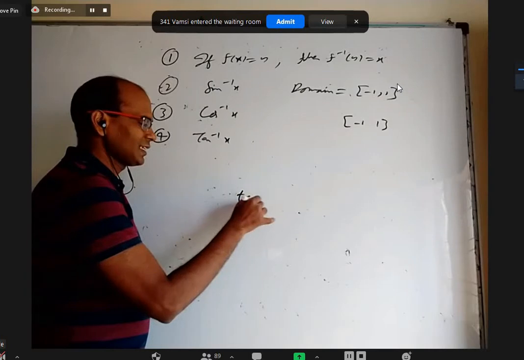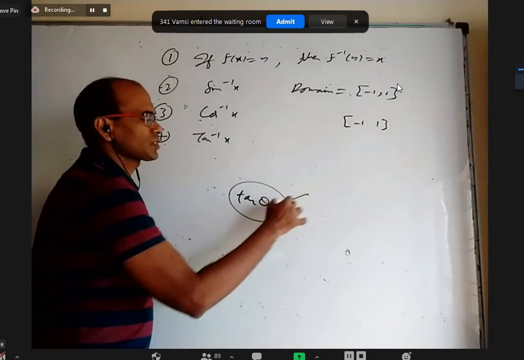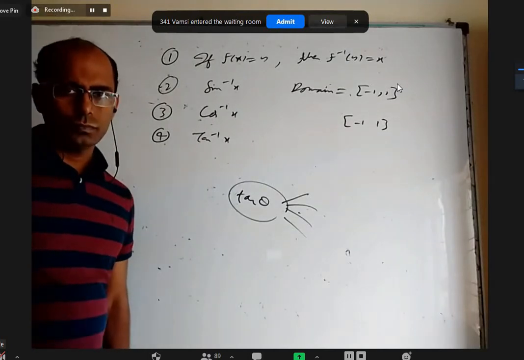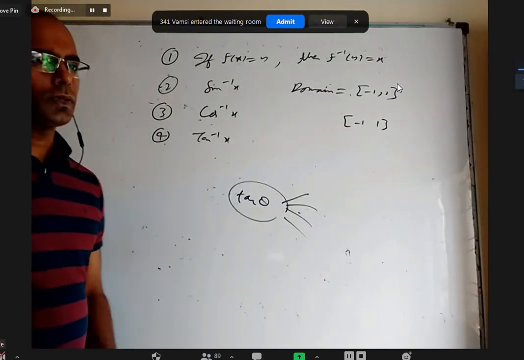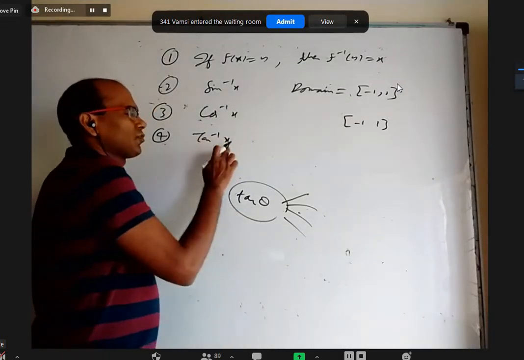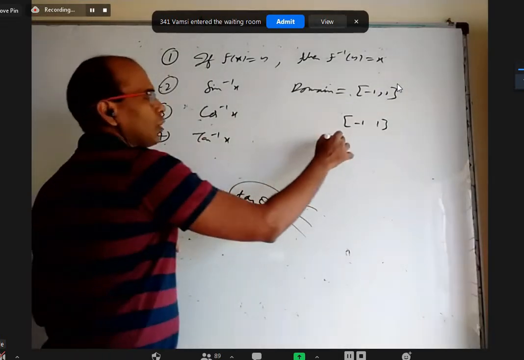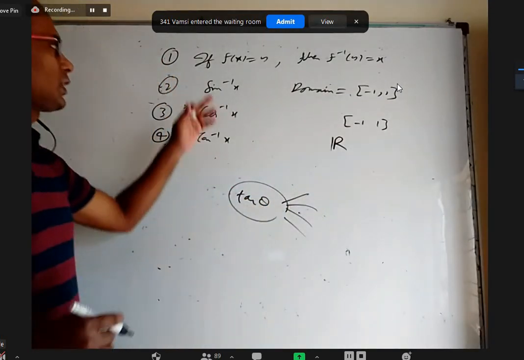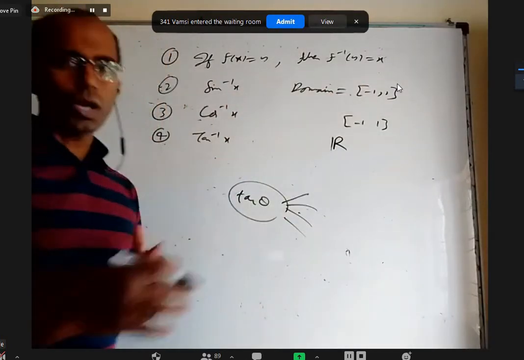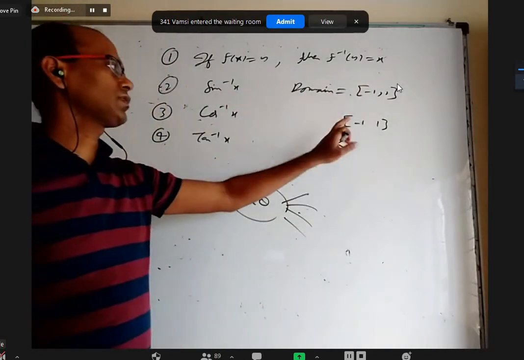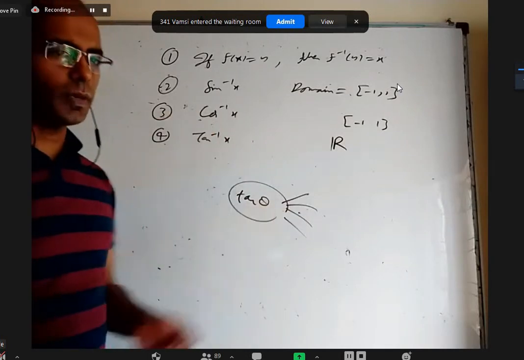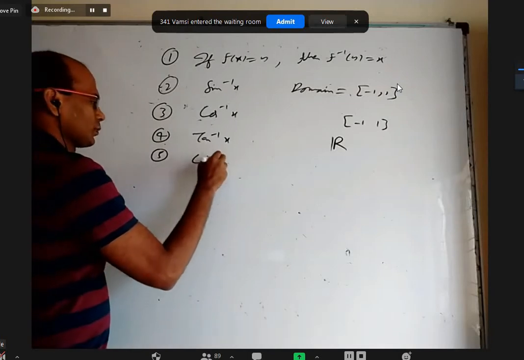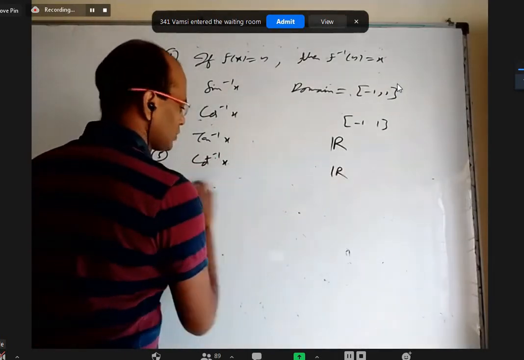Tan inverse x. If you take tan theta, whatever theta you take, and take the answers of that, all the answers will be between what to what? Minus infinity to infinity. So tan inverse of 1, root 3, any number you can tell. So it will be all real numbers. Whereas sine answers are only between minus 1 to 1. That's why for sine inverse x the domain is this. Cos answers are always between minus 1 to 1, but tan covers all the way from minus infinity to plus infinity. Same thing with cot inverse x. Cot inverse x is also all real numbers.